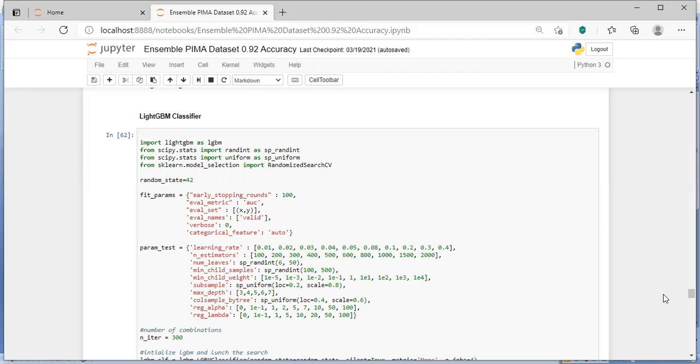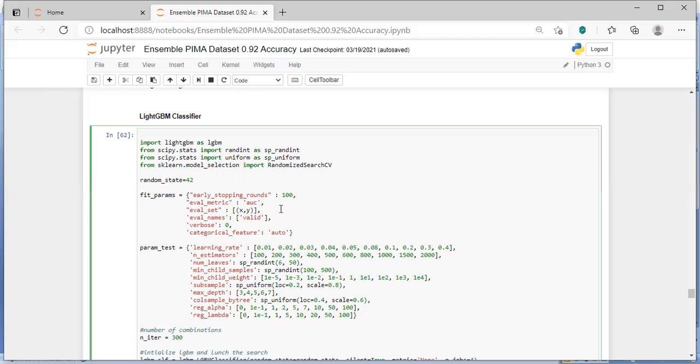So next I set the fit parameters. I'm putting the early stopping rounds as 100, evaluation metric as AUC, area under curve, evaluation set as X comma y, evaluation name, verbose 0, categorical feature as auto. Now the parameter setting: the learning rate, I'm giving different values.